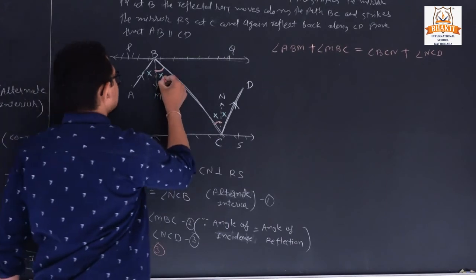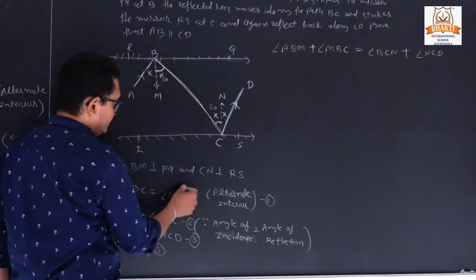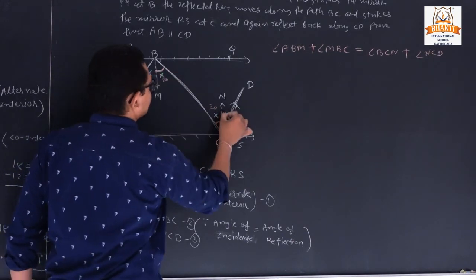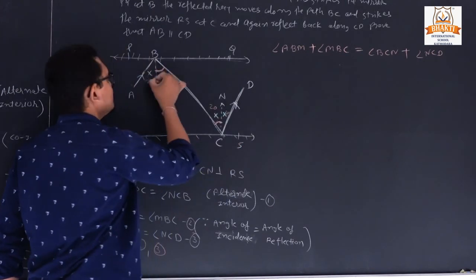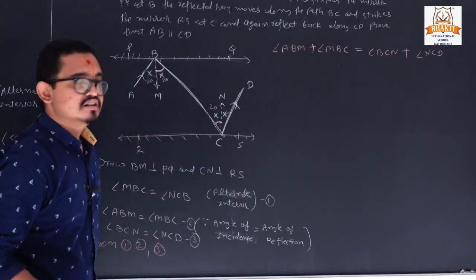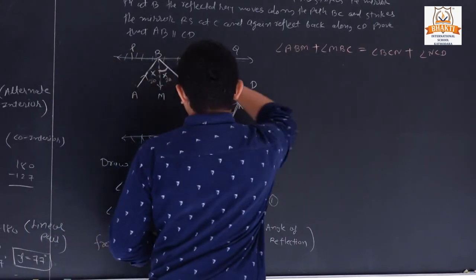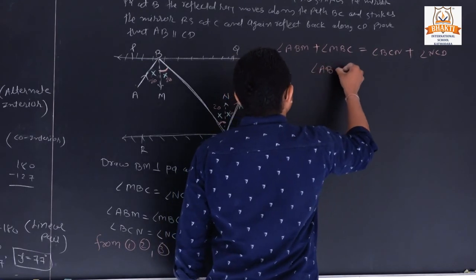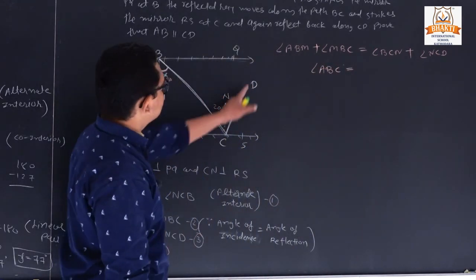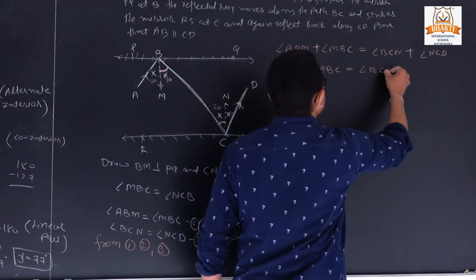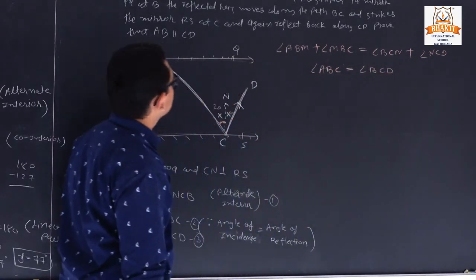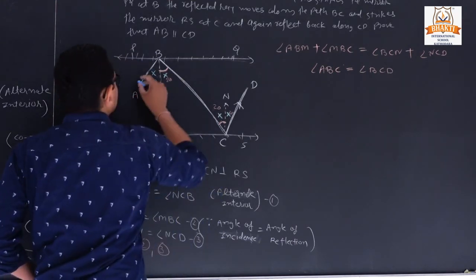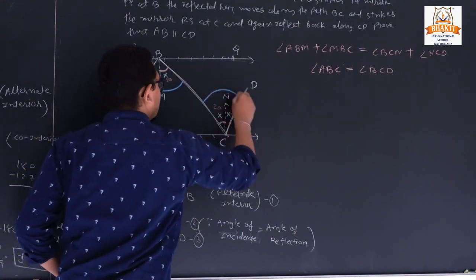Clear? Suppose it is 20, so it is also 20 according to our result number one. Now these both are also equal, so it is 20, 20, so it is also 20, 20. So the sum of these both is 40, and the sum of these both is also 40. Clear? So the sum of these both we can declare: angle ABC is equal to angle BCD. Clear? So it means this whole angle and this whole angle are the same.